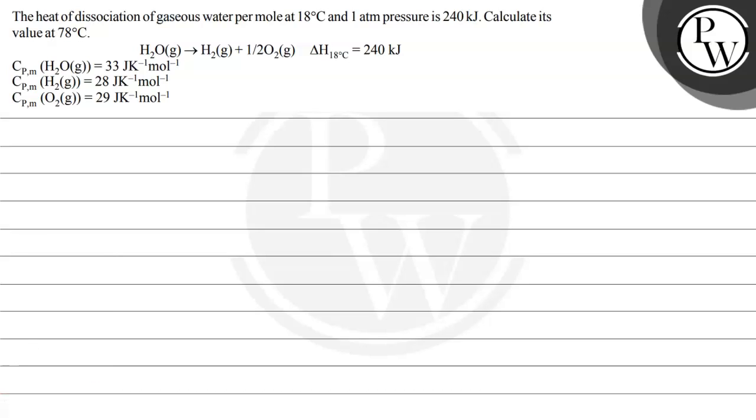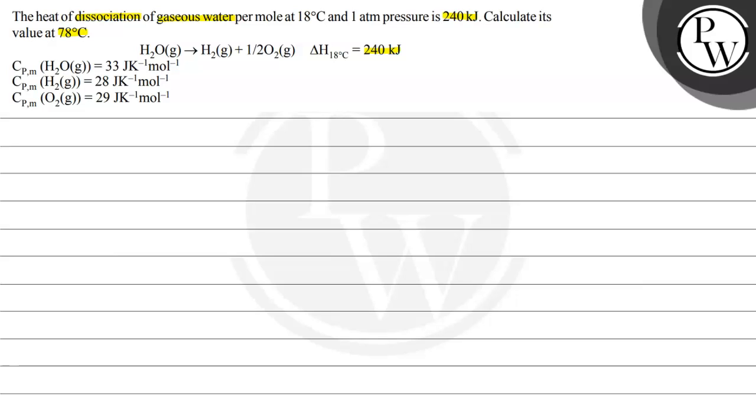So the question says the heat of dissociation of gaseous water per mole at 18 degrees Celsius and 1 atmospheric pressure is 240 kilojoules. Calculate its value at 78 degrees Celsius. So water, steam or H2O gas dissociates as H2 gas plus half O2 gas, and the delta H at 18 degrees Celsius is 240 kilojoule, and the